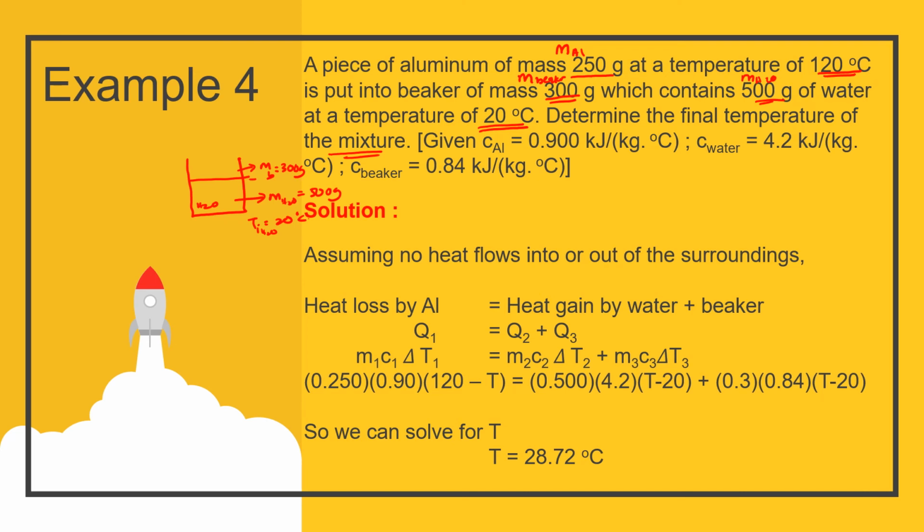Okay, sini pun T initial dia maknanya adalah 20 degree Celsius. Jadi untuk case aluminium, so dia akan masukkan aluminium kat sini. Okay, this is the aluminium. So mass aluminium dia bagi 250 dan temperature 250 degree Celsius, dan bila dia mix this aluminium into the beaker yang ada air, dia punya T final akan jadi 120 degree Celsius. Okay, so